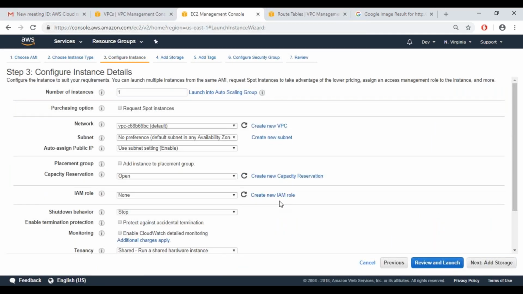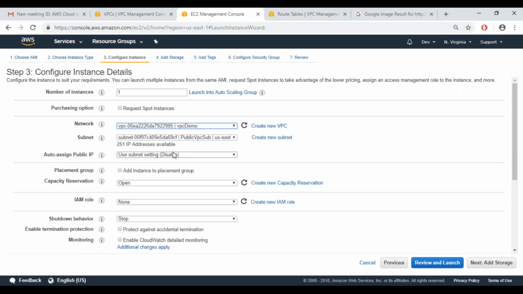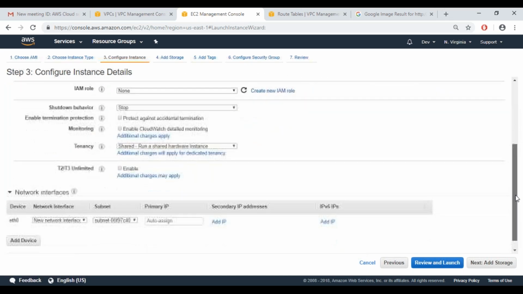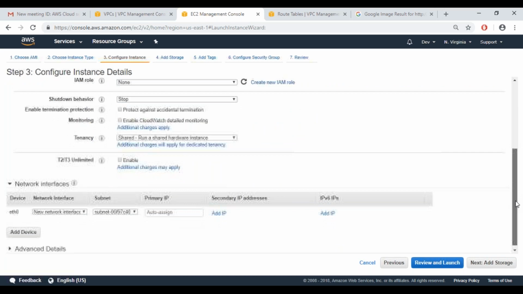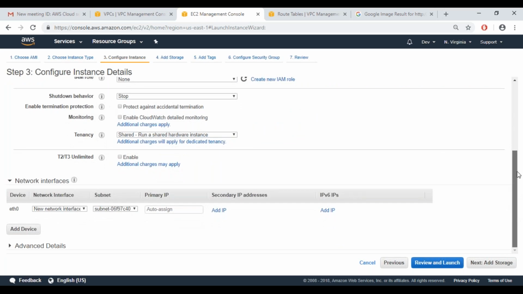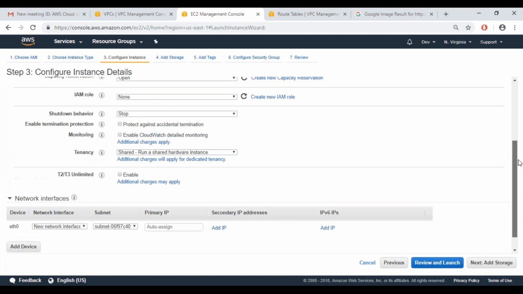Let's go for next one. Now this is where I select our VPC, which is VPC demo. So this VPC is what we have created. Subnet, what I'm going to choose, I'm going to create both, right? So use subnetting enable, I would say, so that auto assign public IP, and then capacity reservation. Okay, that's something I don't want at this role. So right now, no roles as well. Okay, so all good. Right, so let's go on. So I've chosen my VPC, I've chosen my subnet,